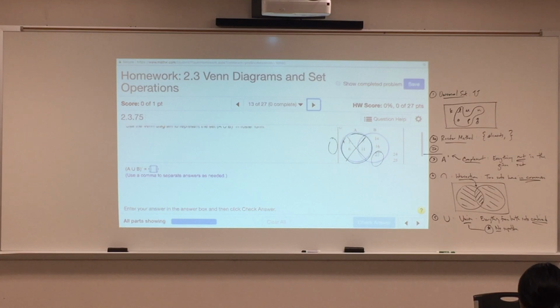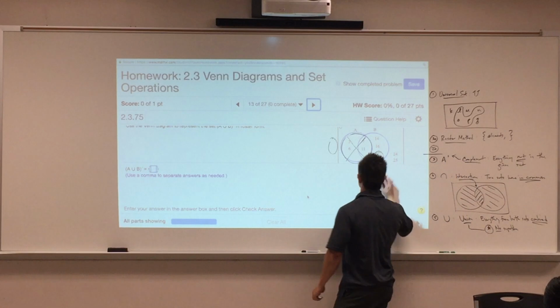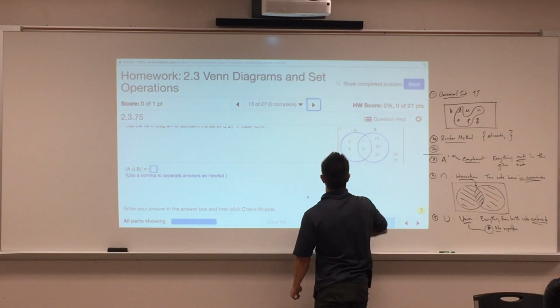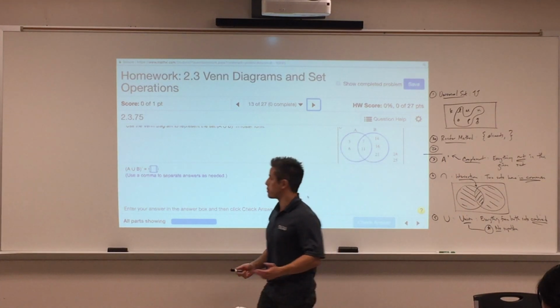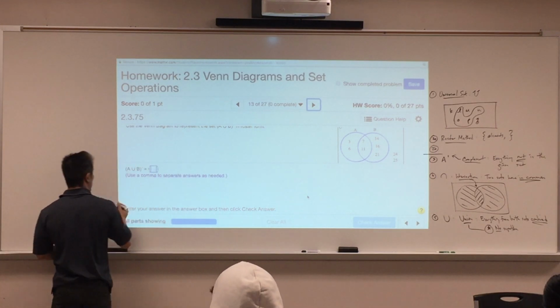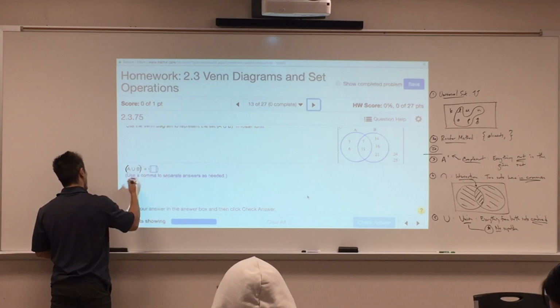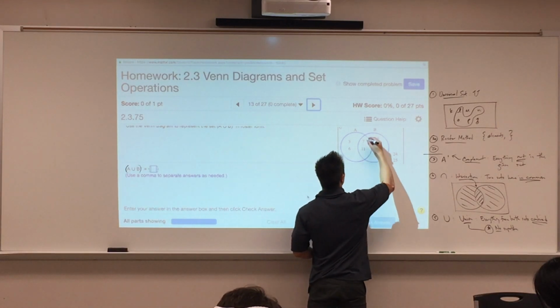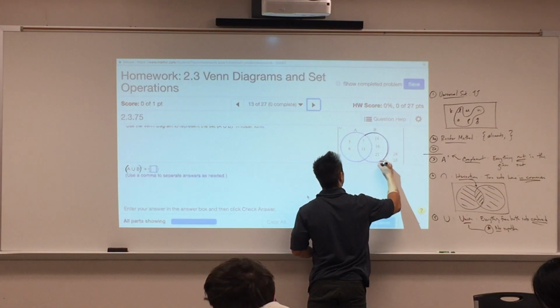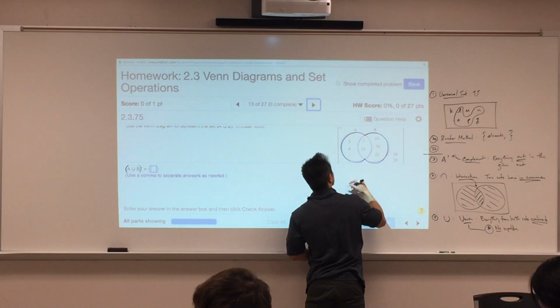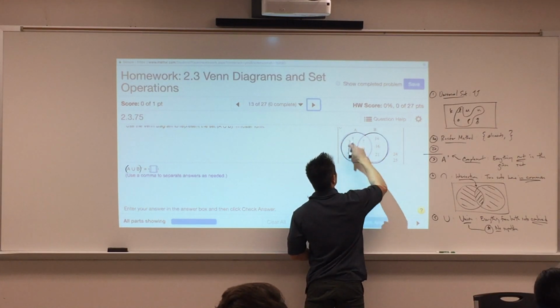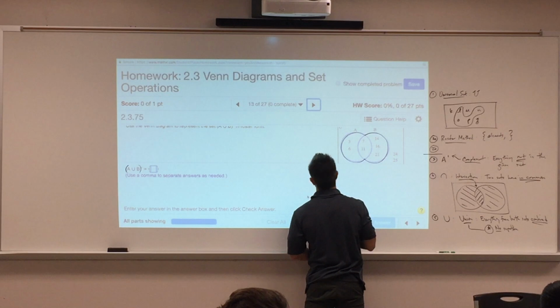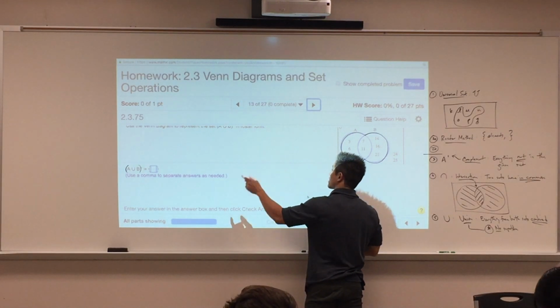All right, let's take a look at this next one. A union B complement. So what is that saying? Well, recall, parentheses tell us what we should do first. What should happen first is that you should tie together A and B. Tie together, union, would be all of this. That's the union: 3, 6, 7, 11, 14, 16, 21. That's the union. But then it says